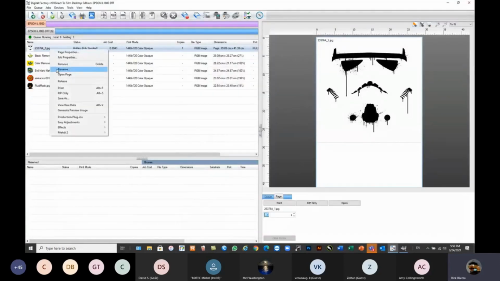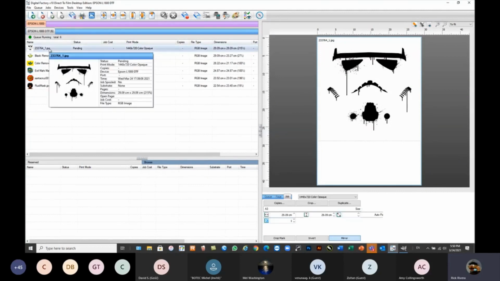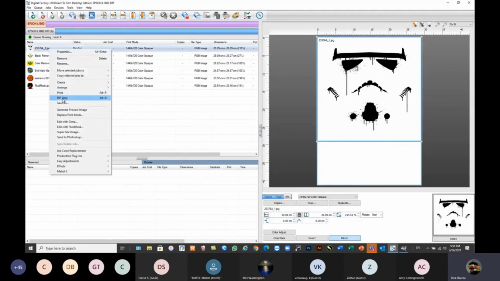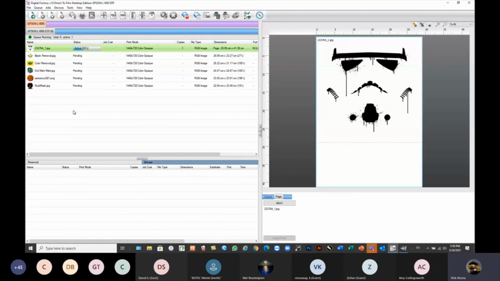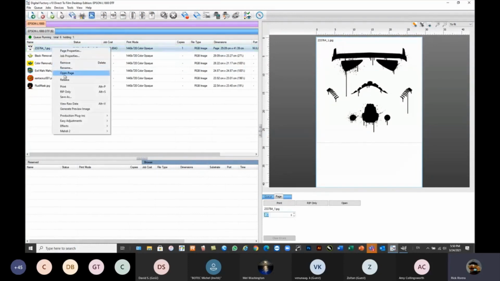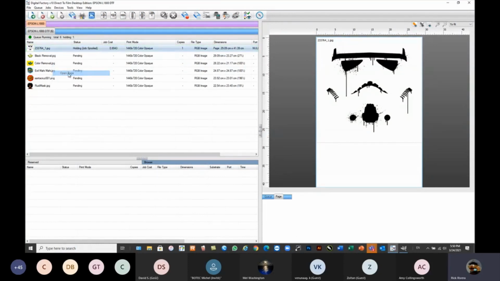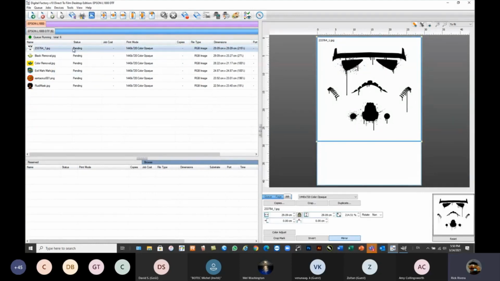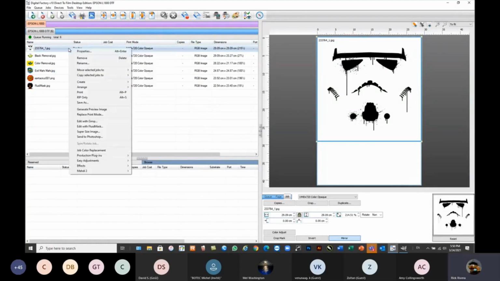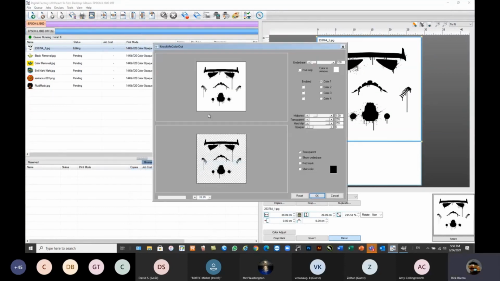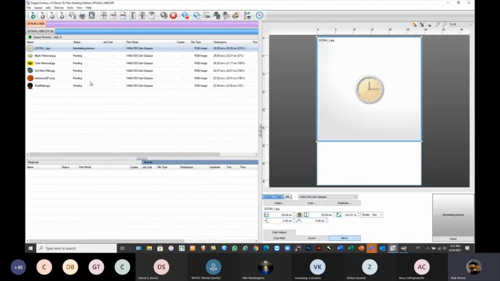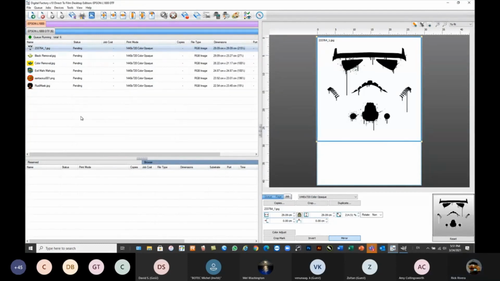So what I can do is come in here, open my page. And that's the other thing: once you've ripped the file and you need to modify it, okay, you don't have to delete it and re-import the file. You can just simply right-click, click Open Page, and this will get you back to where you started. So what I would do is select it, knock out color, knocks out the white, click OK. If I go ahead and rip this file now,